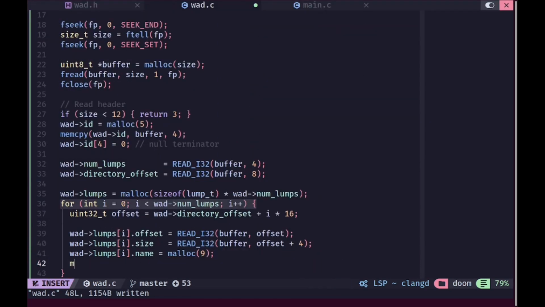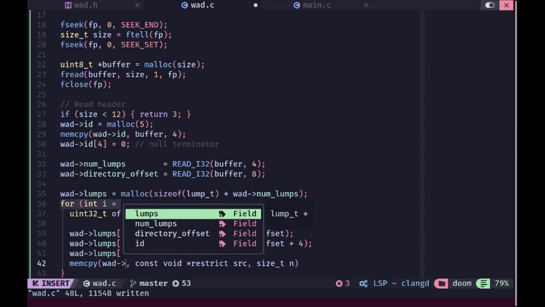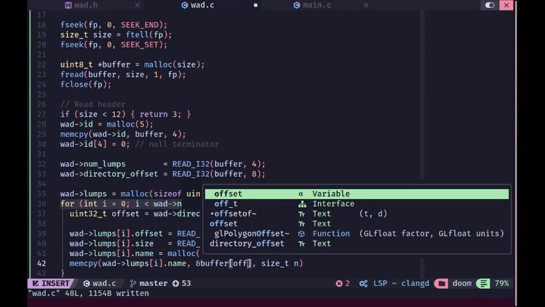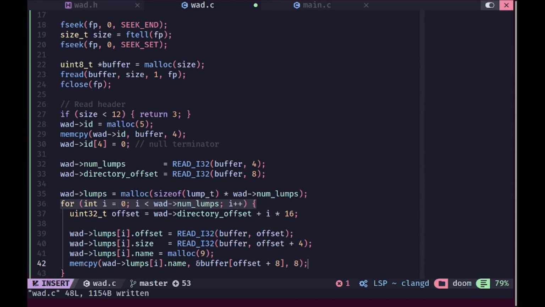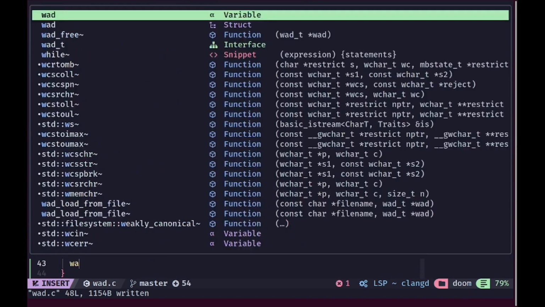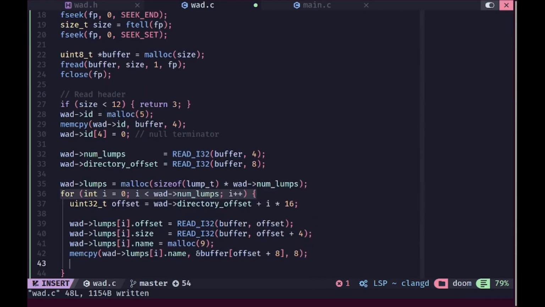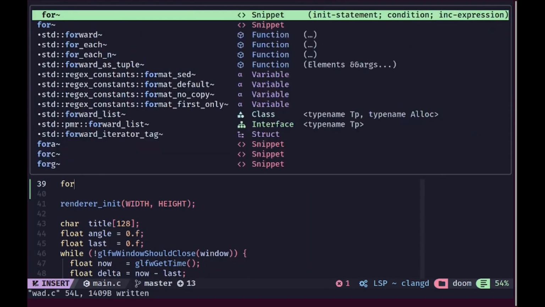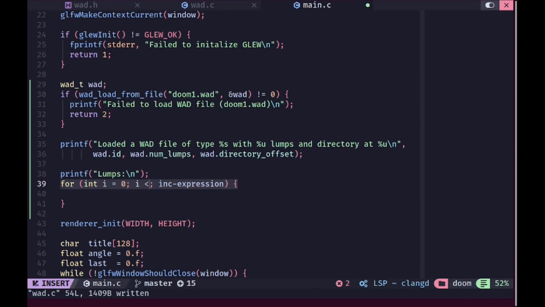So we are going to allocate 9 bytes of memory for the name, and then we are going to copy that appropriately. So we are going to copy the buffer, and of course we are going to use offset plus 8 as the actual place where we want to read from, and we are going to copy 8 bytes from there. And if it's less than 8, it will be null terminated. And now we are gonna just set our name's last value to be 0 as the actual null terminator in case it's not there. And then inside of the main file, we are gonna just print all of the lumps